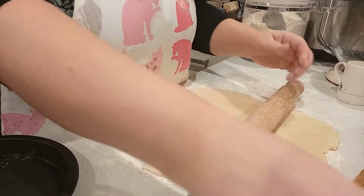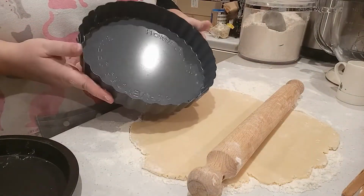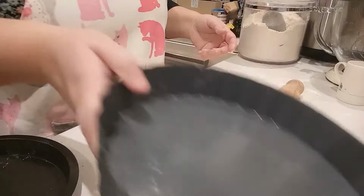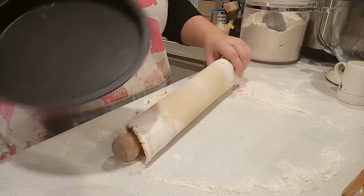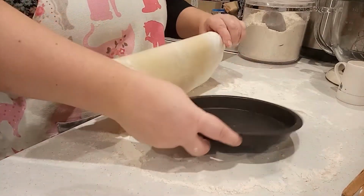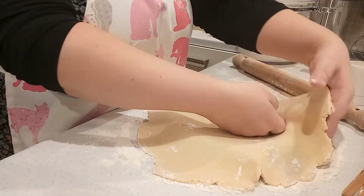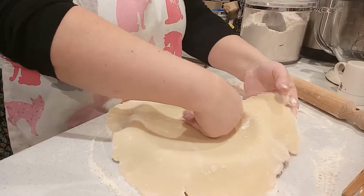I'm going to be placing it now into my tray. My fluted tray with the loose bottom, which is for quiche making, is a little bit too big, so I'm not going to use that today. I'm going to use just a simple round baking tray, which I might use for cakes. So I'm just going to place my pastry into here, lightly press it down into the sides,